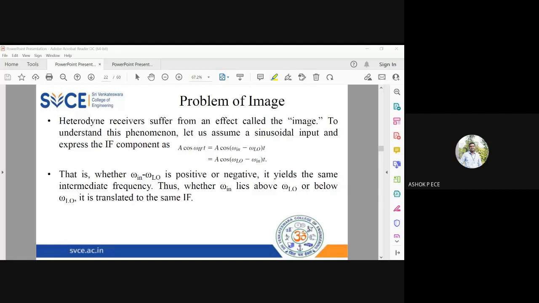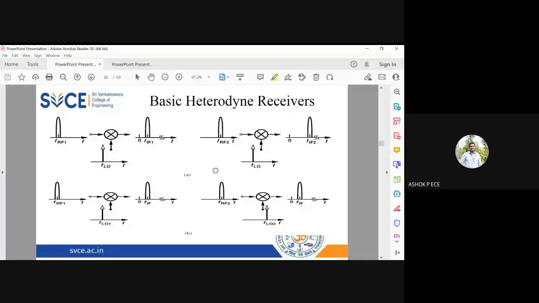A quick recap on what we have seen in the last class. We started with receivers, and you saw heterodyne receivers. Hetero indicates multiple, so this receiver involves multiple frequencies for detecting a message signal. From the receiver side, the high frequency RF signal will be incident on your antenna,